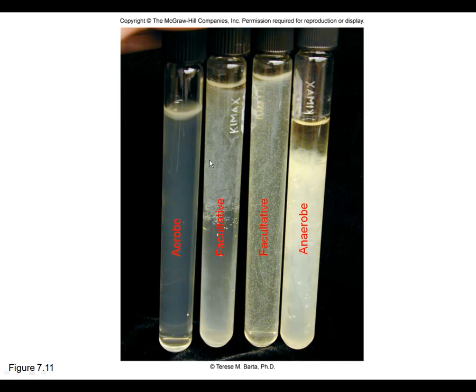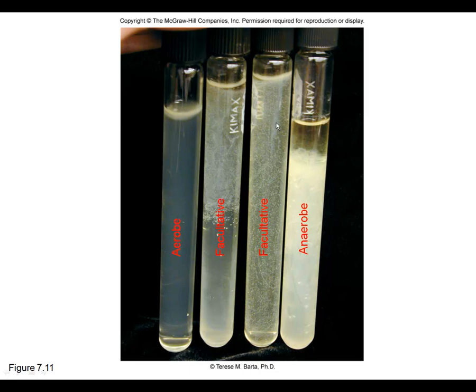You have a facultative where you've got growth. This is going to be one that probably requires a little more oxygen than just the generalized facultative, because you see that this is staying mostly in the top half of the tube. Here is a true facultative. It grows with or without. You'll see that the tube is completely filled with bacteria, and this organism is growing with or without the presence